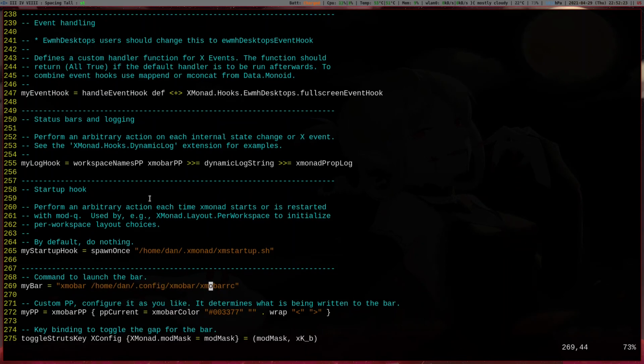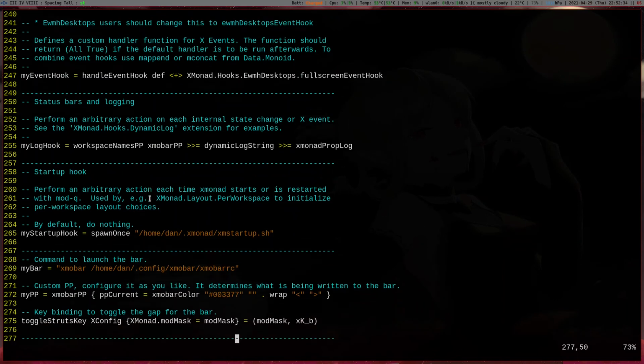So this very basic configuration is fine. I like keeping stuff basic if I can. Of course, it's one of the colors of the bar. Toggle strut,